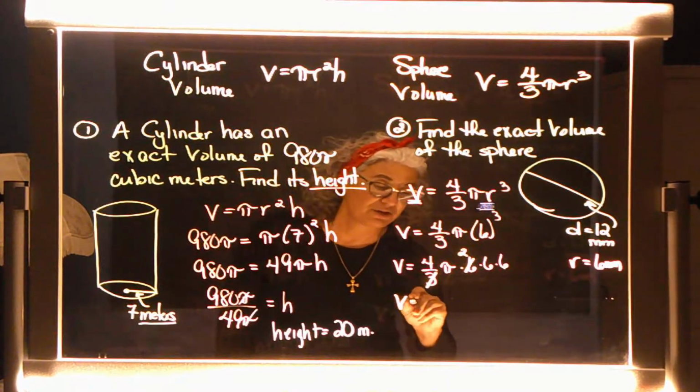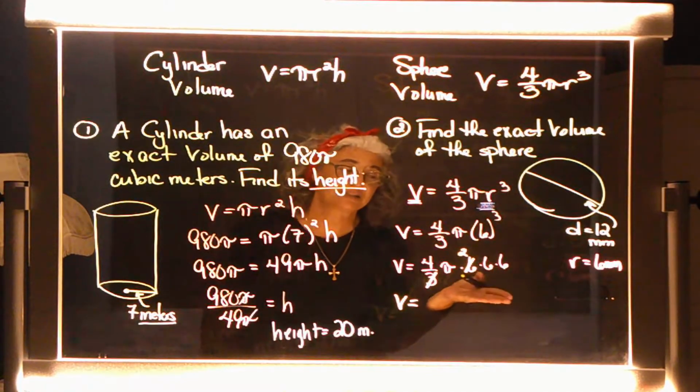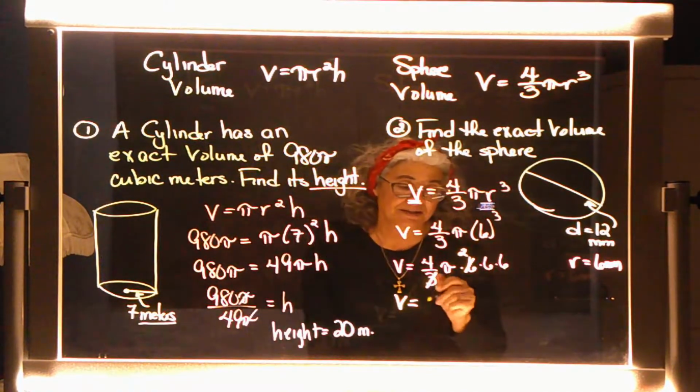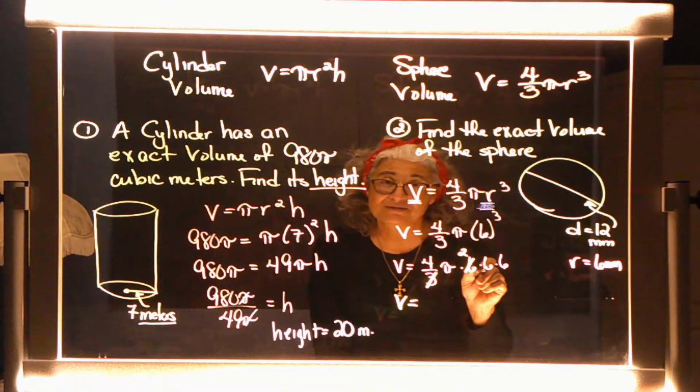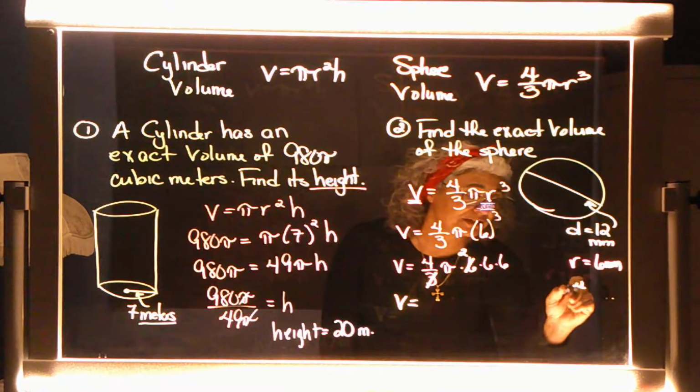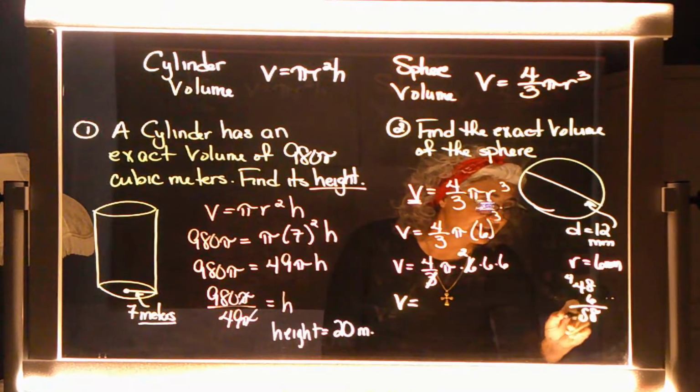So I have the volume is equal to 4 times 2, right? Which is 8 times 6 times 6, right? Okay, so let's see. 4 times 2 is 8. 8 times 6 is 48. And 48 times another 6. Let's see. 48, 4. I got